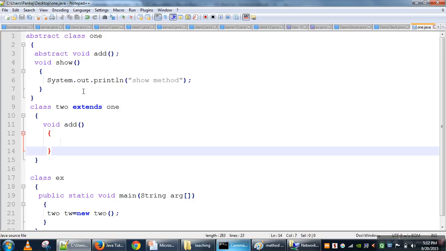If any child class inherits an abstract class, that child class has to provide definitions of all abstract methods of the abstract parent class. If the child class doesn't provide a definition of any abstract method, then that child class also becomes an abstract class. So an abstract class puts a constraint on the programmer that if you are creating a child class from it, you have to provide definitions accordingly. It means you have to override that method. So this is the usage of abstract class.